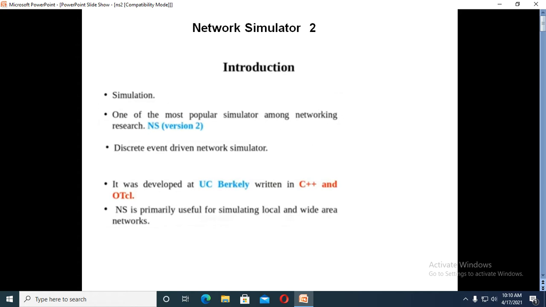NS2 is discrete event driven, which means once an event occurs, only then do you note down whatever changes there are. So we call it event driven, right?